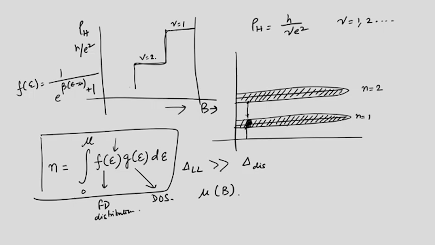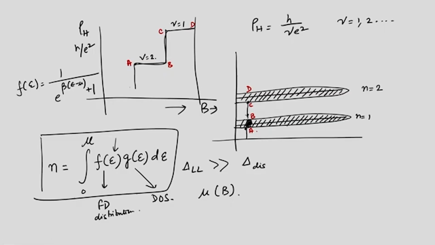Let me point it out: let's say this is the point A, this is the point B, this is the point C, and this is the point D. So as the magnetic field is increased, the chemical potential rises, and